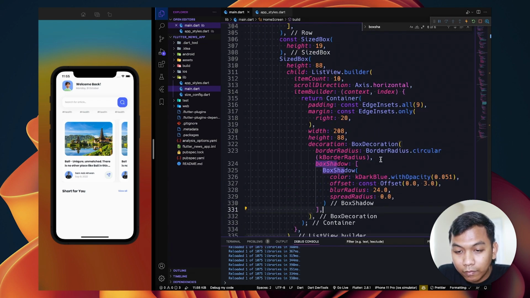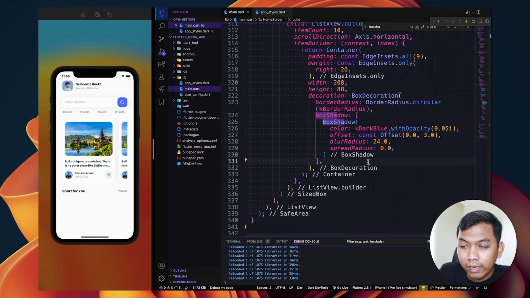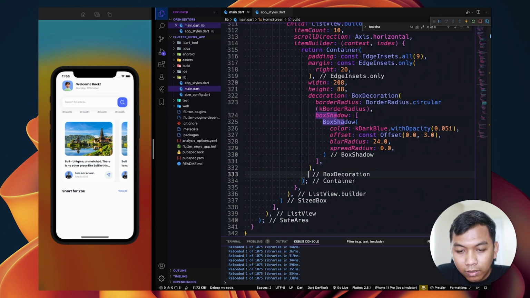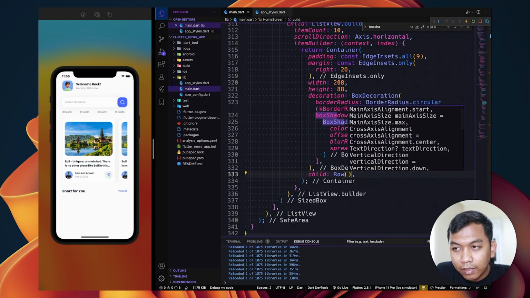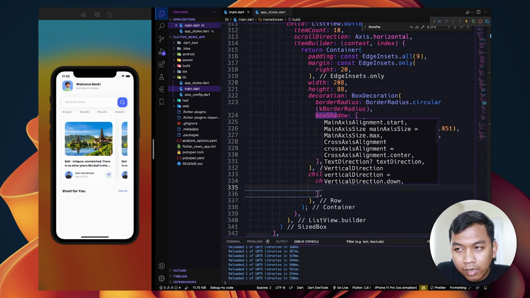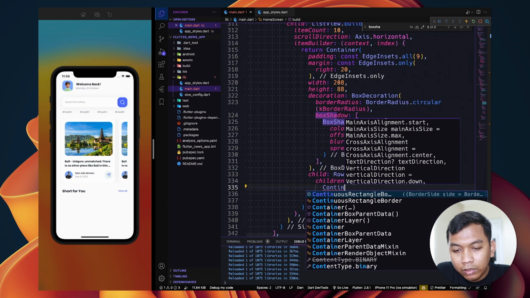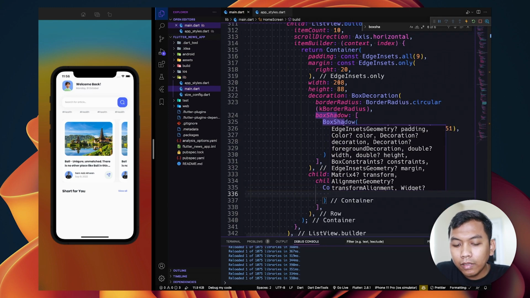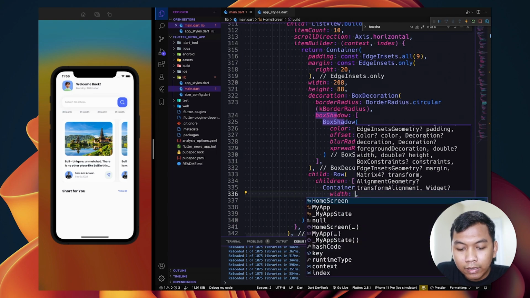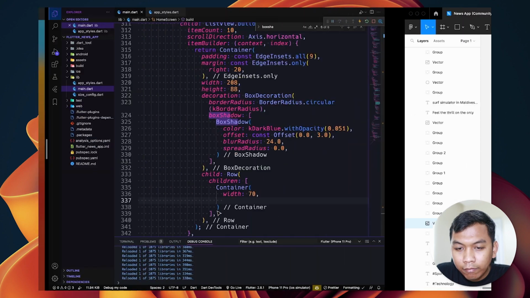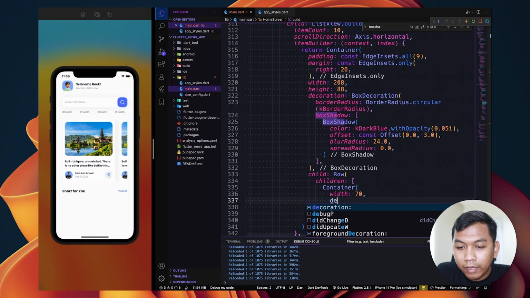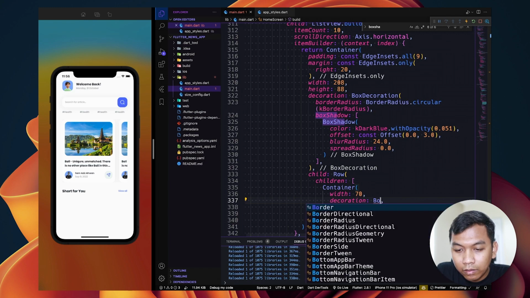Alright. Inside our container, we will have child, which is row widget. And the first children will be container. And we will set the width will be 70. And for the decoration, maybe just copying this one,